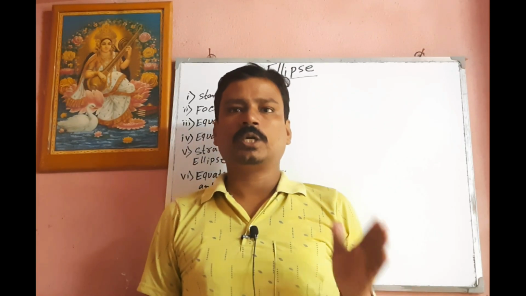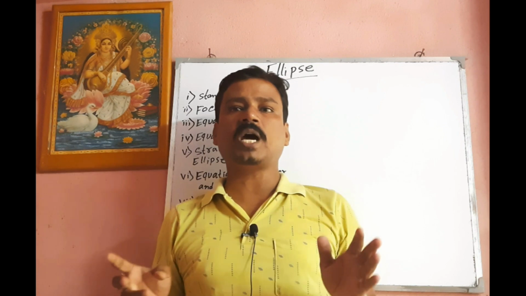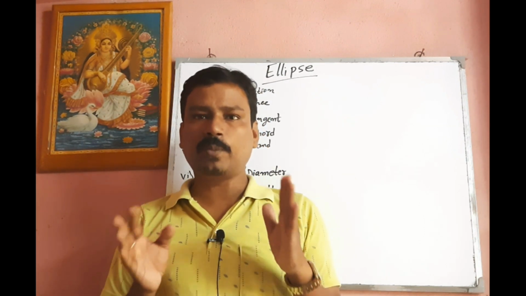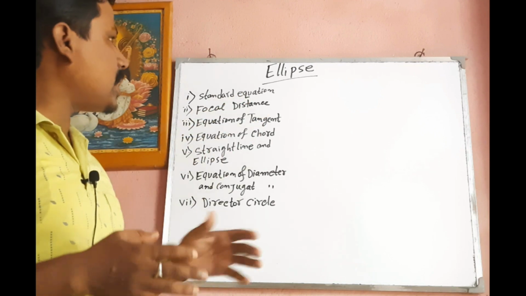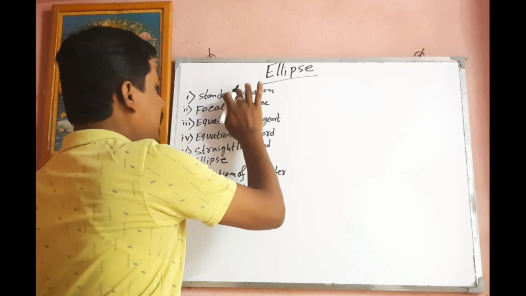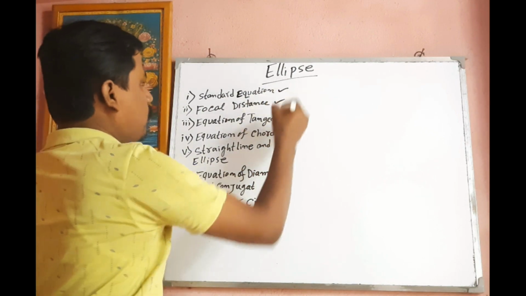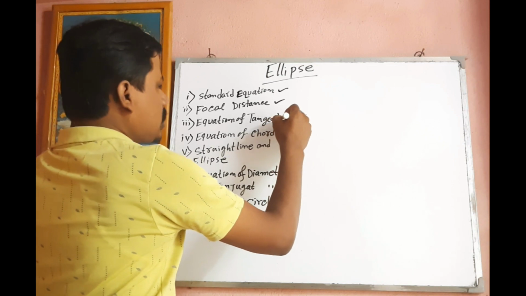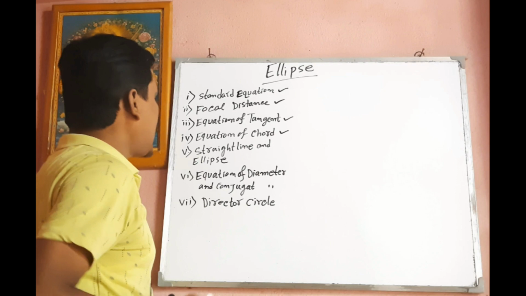Dear student, today we are discussing the 11th level chapter, and the chapter name is ellipse. In this chapter we are discussing some important topics one by one, and the topics are: first, standard equations of ellipse; second part is focal distance; and third is equation of tangent; and fourth is equation of chord; and the fifth